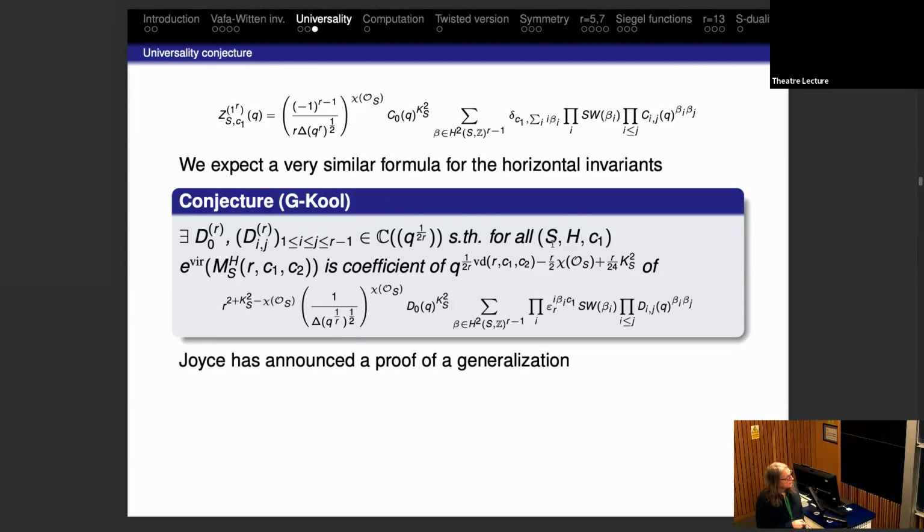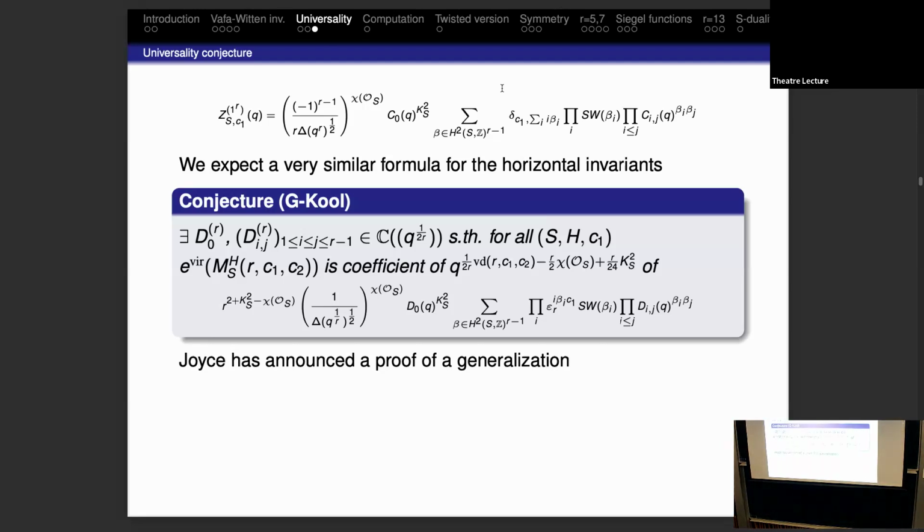Okay, so that's a little bit like some kind of Fourier transform. And so this is a conjecture. Now, I've heard some talks by Joyce where he announced the proof of something similar, which might actually contain this as a special case, but I haven't seen an explicit enough version to be completely sure. He has a much more general thing, that everything of a certain kind